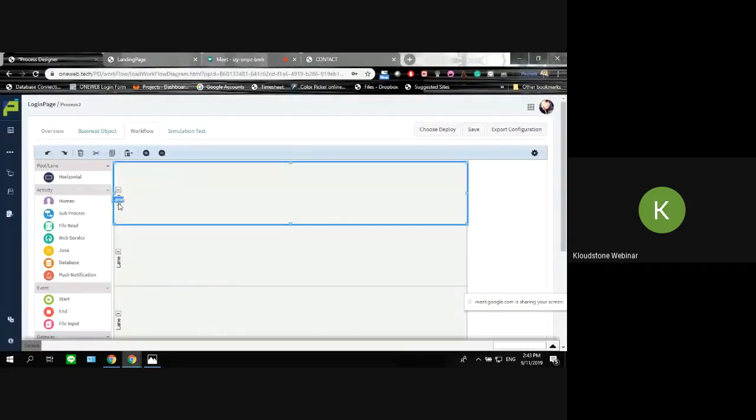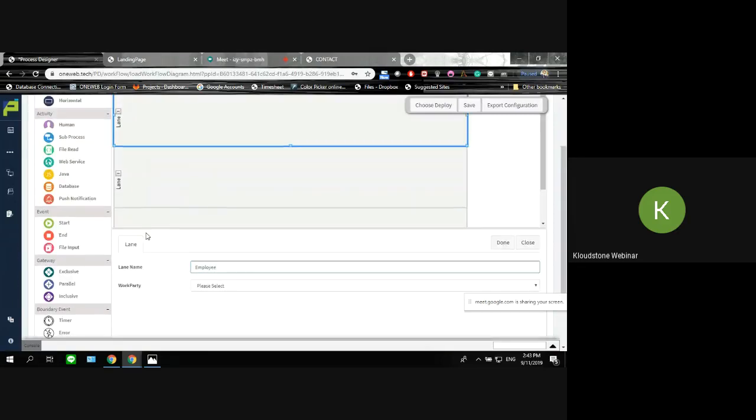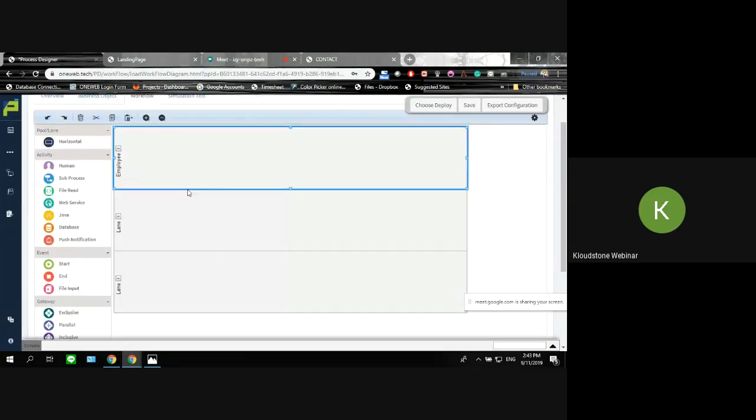I can have employee. I can click on it. You can simply right click and open the configuration. You can change it to employee. Well, I would not build the whole process, but I will just give you enough idea so that you can understand what this tool is and what the significance of this tool is, and when you should use this process to design the business processes,